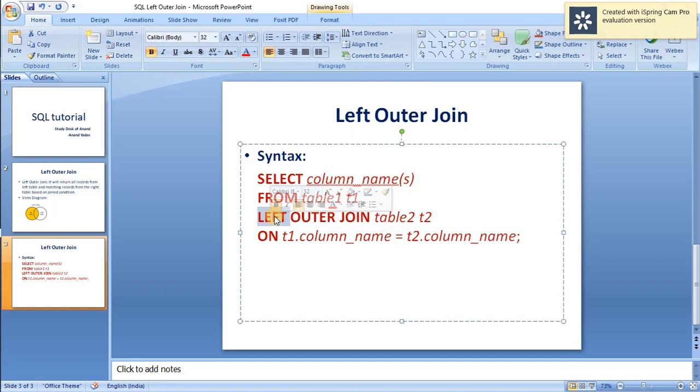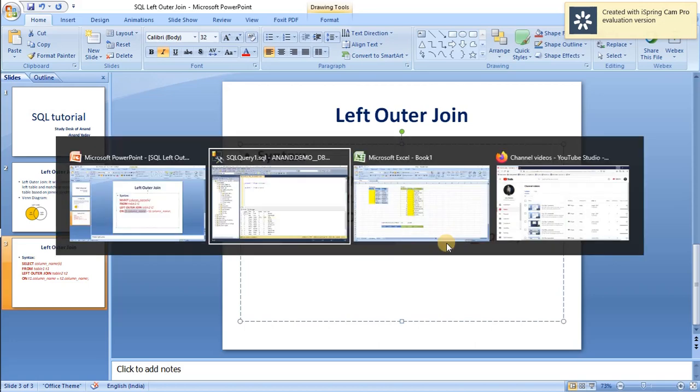The name itself says left outer join, and we are joining the right table. The right table here is table 2, and we provided an alias name, t2, and ON is a keyword, and we are joining on the basis of a common column, that is t1.common_column and t2.common_column. So let's see the practicals.